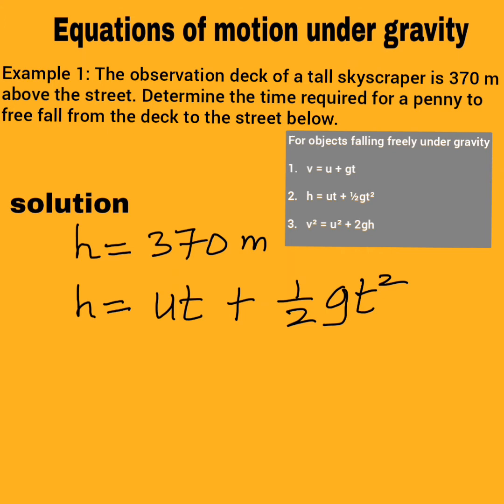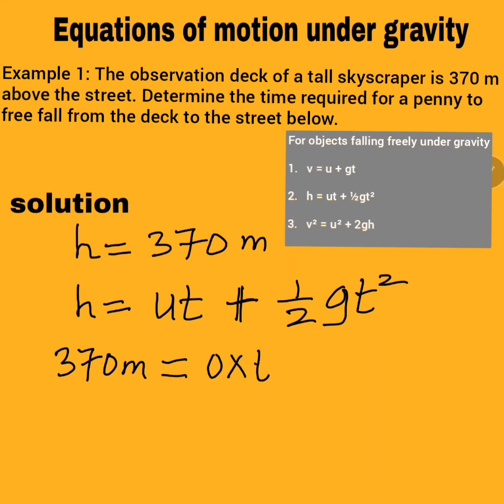Okay, so the motion has to do with an object falling downward, so that's why this is plus. Now from the question we know that h is 370 meters, so I'm just going to write that. Then for objects that are dropped or falling freely, u is 0, so I'm just going to write 0